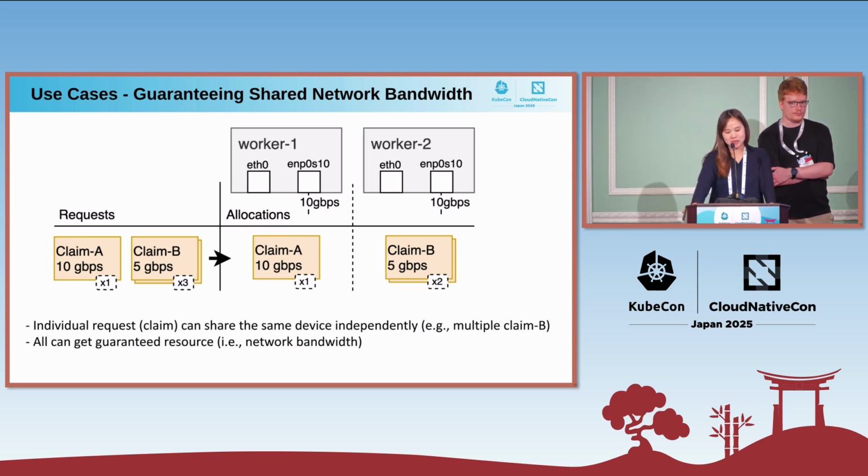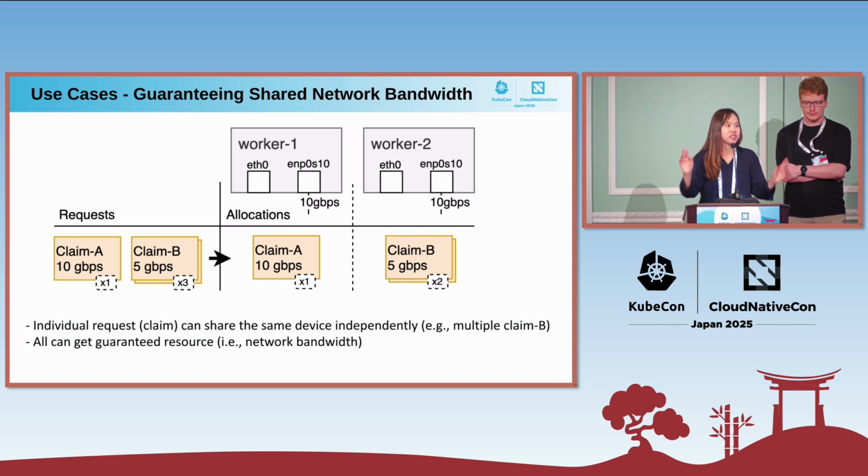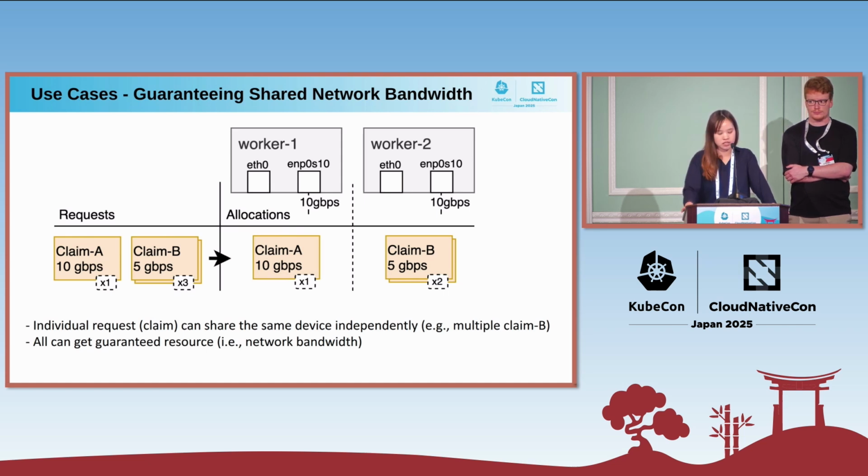So this comes to the second use case, where we want to guarantee that if you request a bandwidth of 10 gigabit per second, no one will take the same capacity from your device. The example here: let's say we have 2 kinds of requests. One is saying they want 10 gigabit per second of the network, while we have another template of request saying that we want only 5 gigabit per second, but we have 3. At the same time, we have 2 look-alike worker nodes that each have one 10 gigabit per second high-speed network. As you can see here, if they claim 1 of the 10, we give them 1.